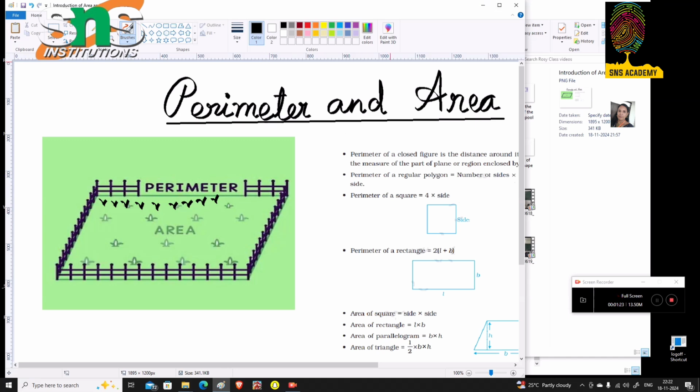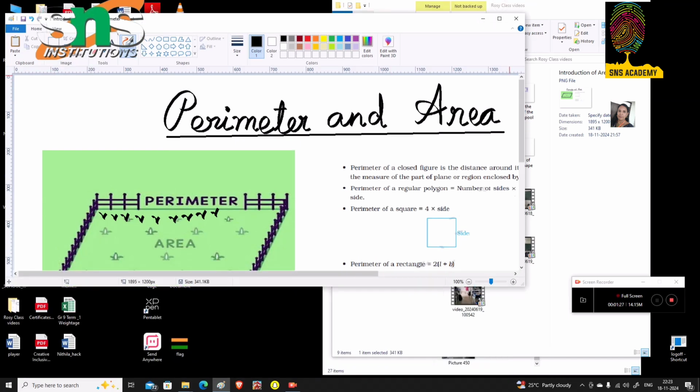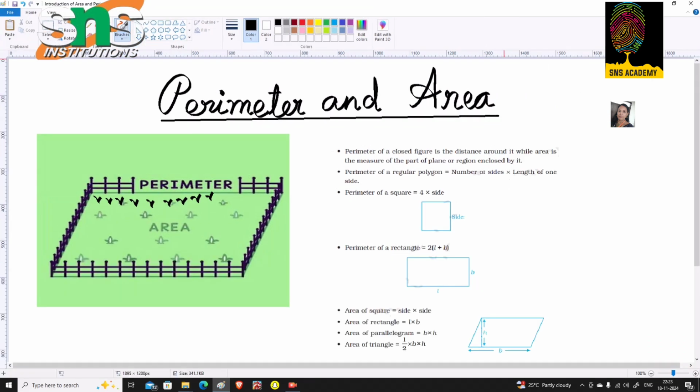So we learned these two concepts already in the lower class. Let's recall the perimeter of the square. The square is a polygon, a four-sided regular quadrilateral. Always in a square, all the four sides will be equal in nature. So